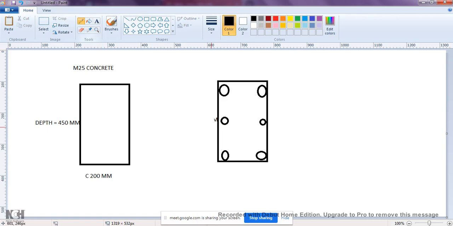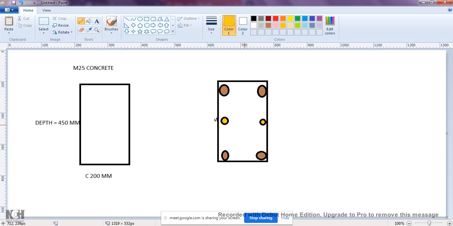So here this depth is called, one second. So this is my column, and this is my column reinforcement.